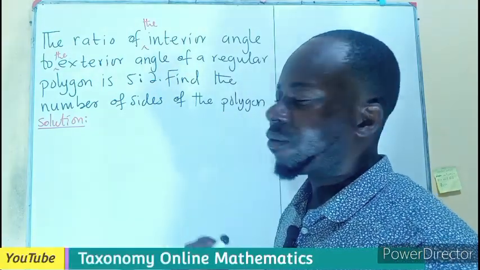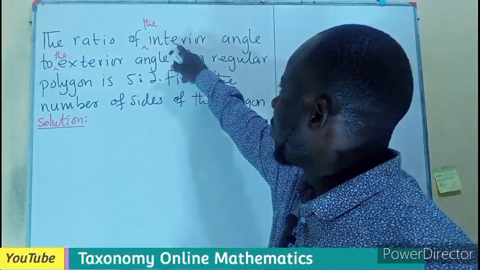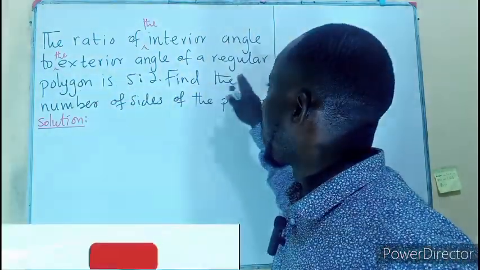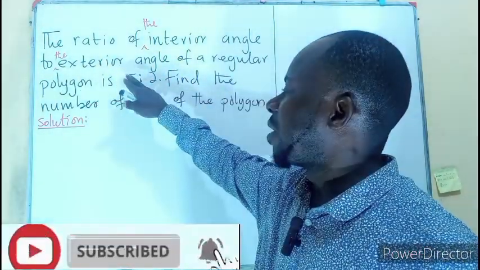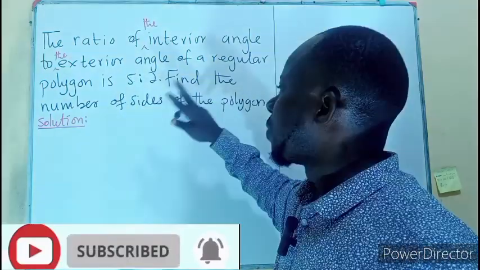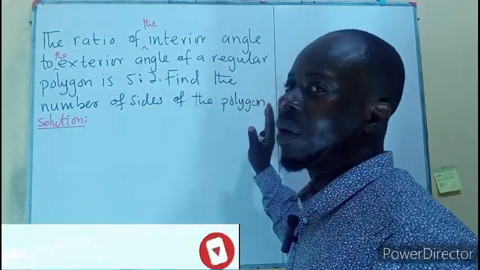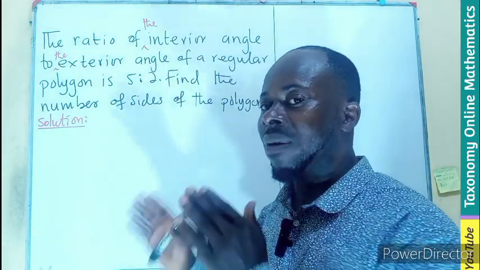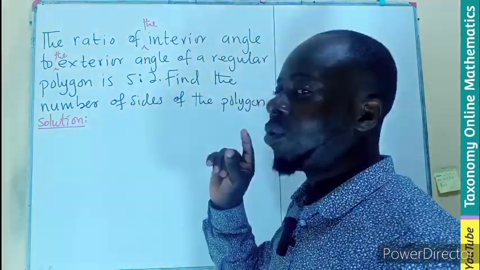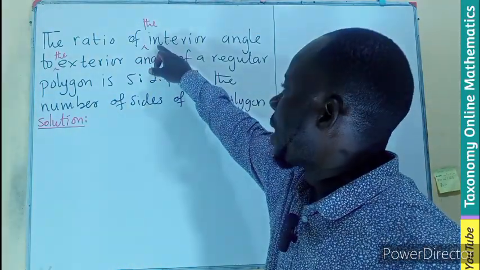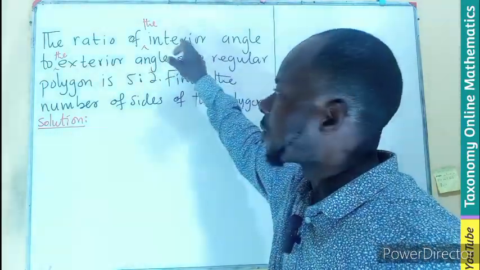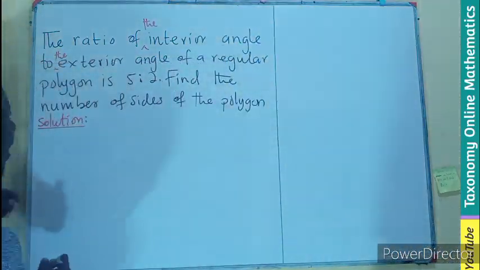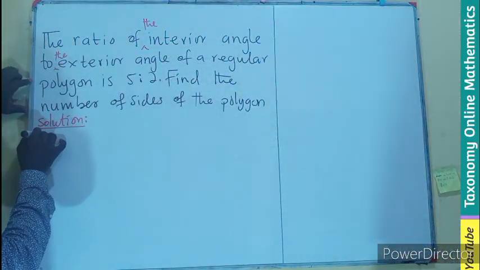The ratio of the interior angle to the exterior angle of a regular polygon is given as 5:2. We have to find the number of sides of the polygon. We can actually take two approaches or two methods to arrive at this answer. What we need to remember is the formula for the interior angle of a polygon and that of the exterior angle. So if we pick the first method,